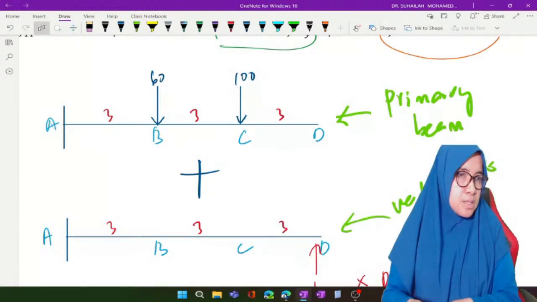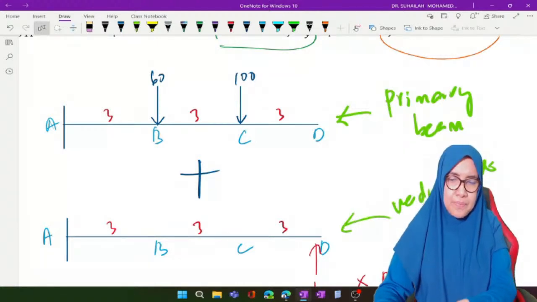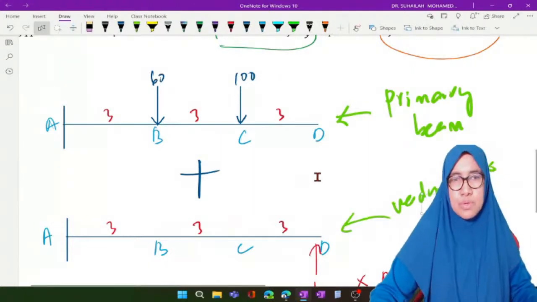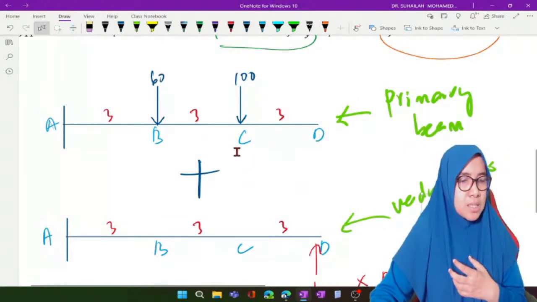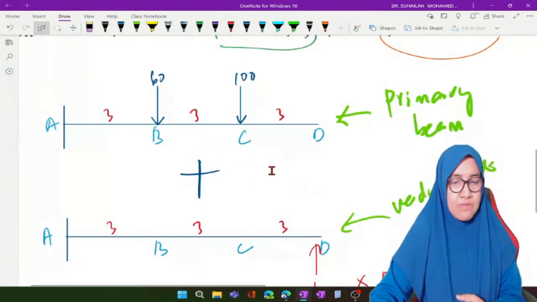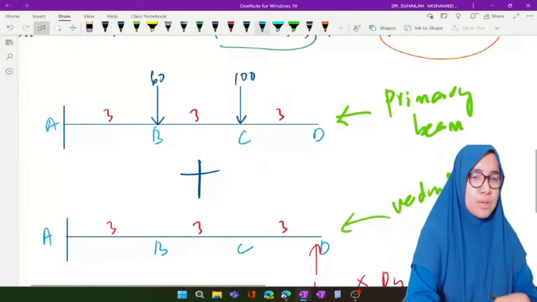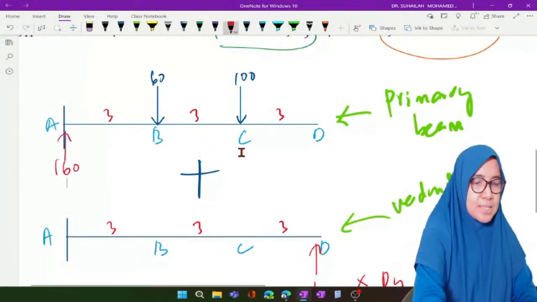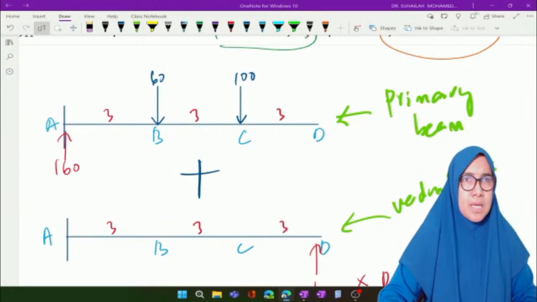Okay. So we can start to calculate the reaction right now. Let's do it, calculate together. The vertical force at AY in the primary beam is equal to 160, right? So this is 160. You can write the answer in